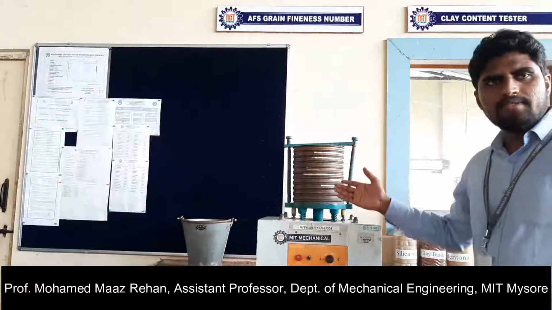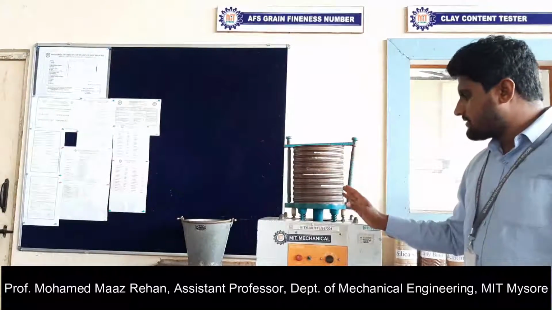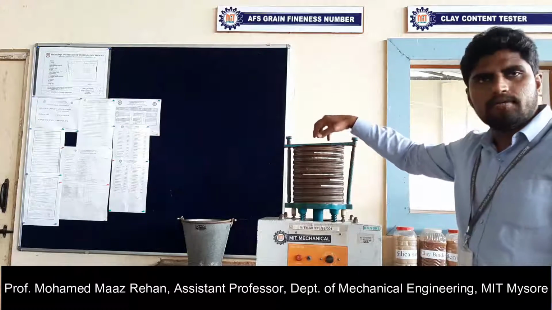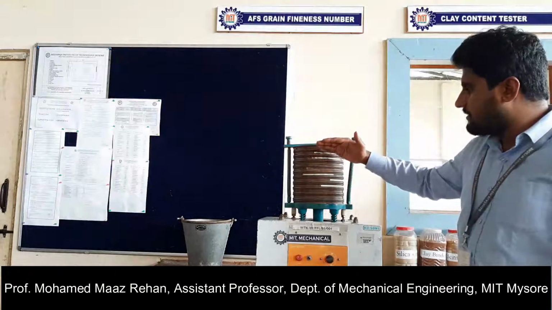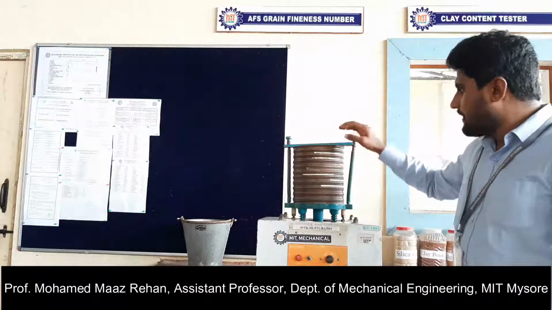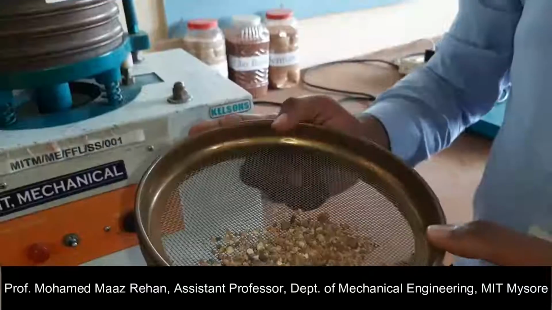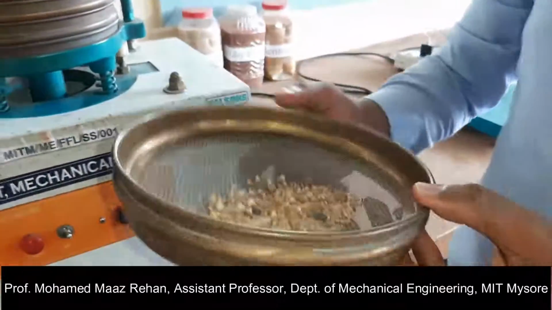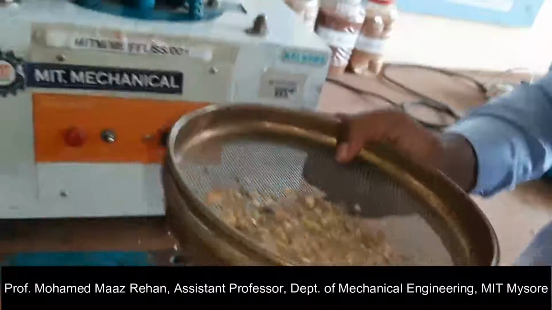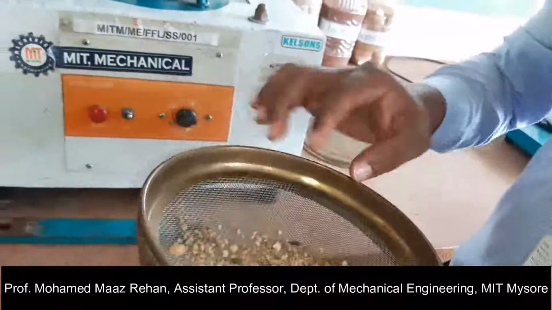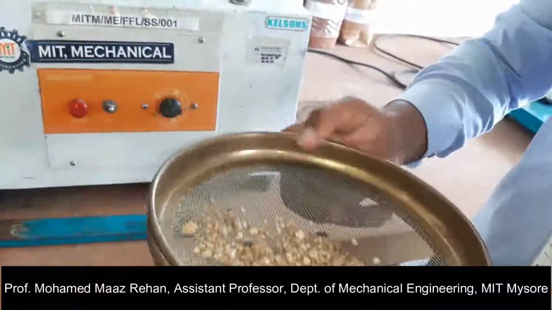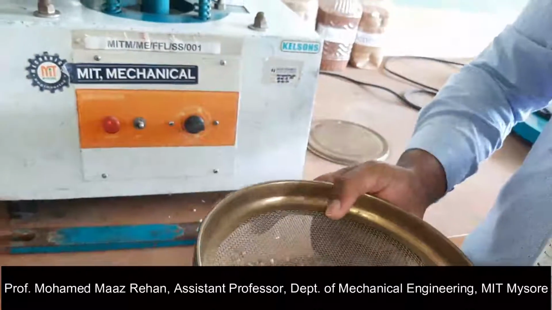Now we have run the sand sieve shaker for 15 minutes. Once it is done, we need to check the sand which we poured on the top sieve. With different grain sizes, the sand settles in different sieves. Now on the top sieve, that is 1700 microns, we got these grains. We need to measure the quantity of the grains present in the top sieve with the help of a weighing scale.